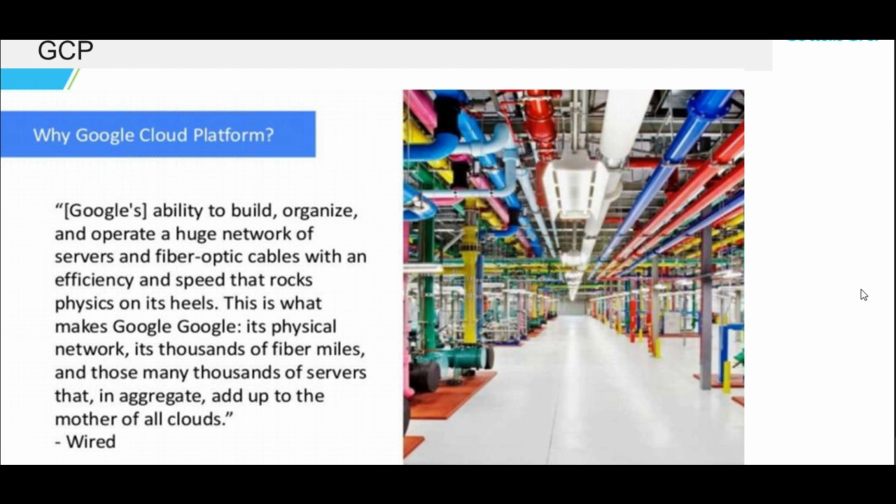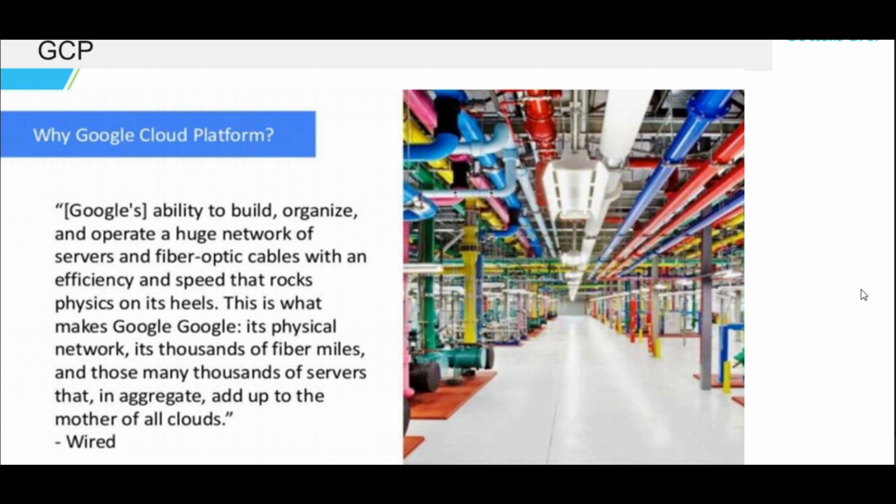This is what makes Google. We know that Google is the most widely used search engine. Whatever technology they develop is a very high technology and very widely used. Whatever infrastructure they have in their data center is up to date. If there are upgrades available, Google Cloud would be the first one to implement them in the data center.